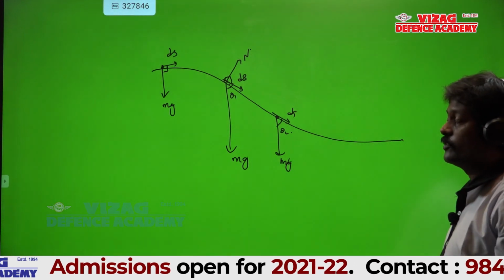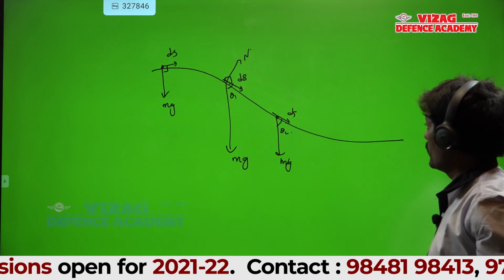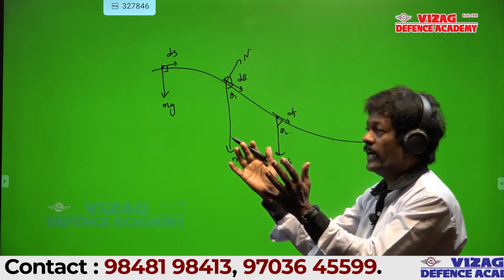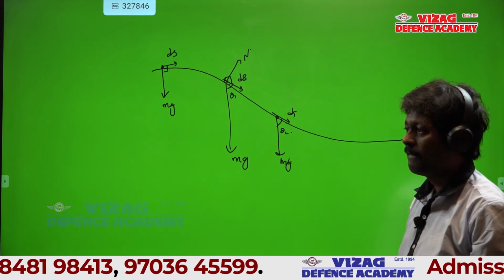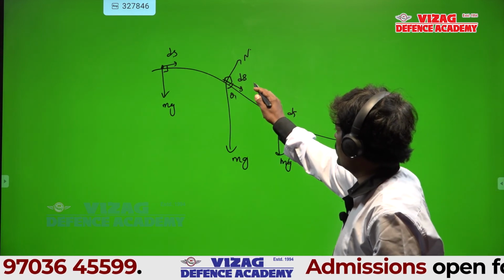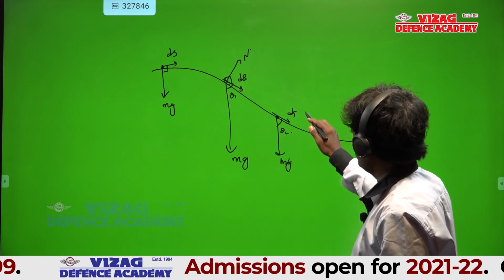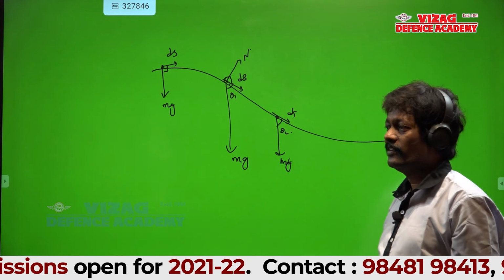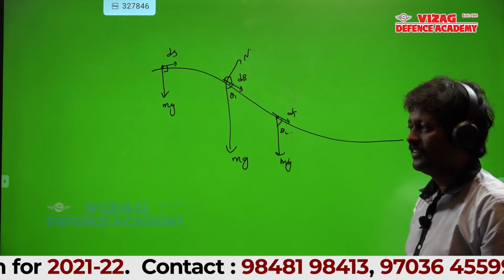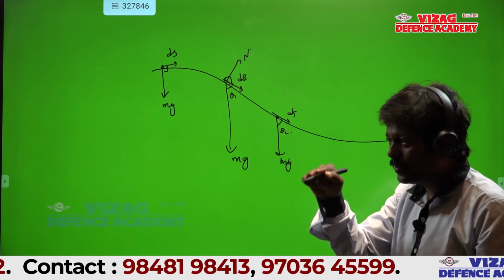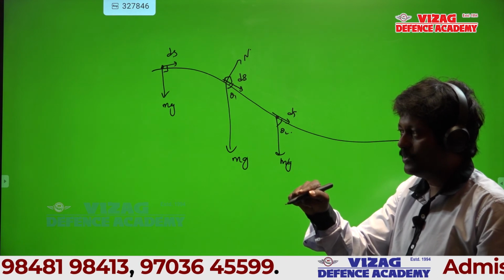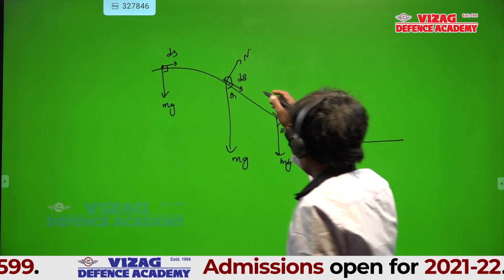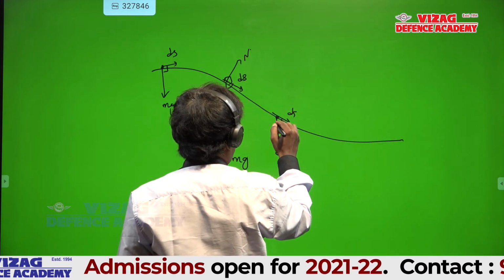Then actually what I should do is calculate the work done here, here, here, here, all that work done I should add up: mg ds cos theta 1, mg ds cos theta 2, like that, infinite points you have. That is why we have taken a beautiful trick here. ds I can split up into components.